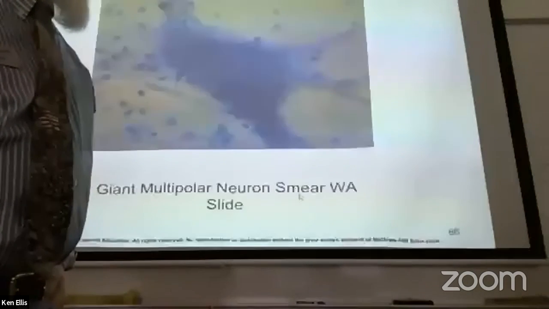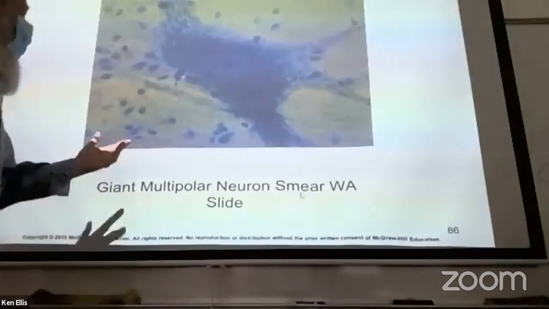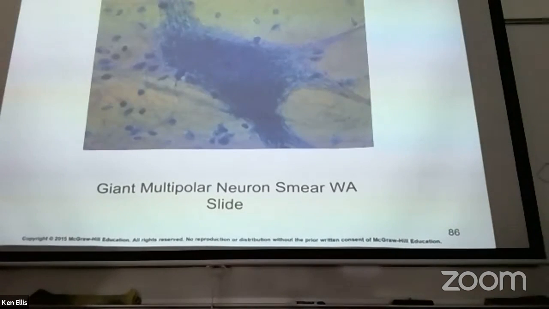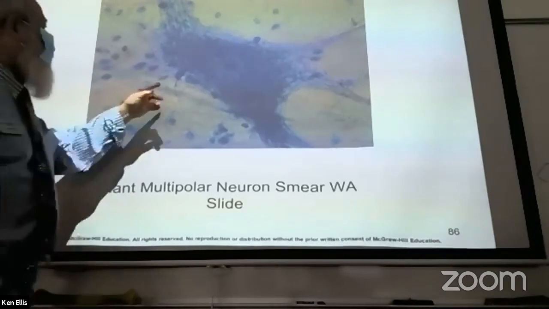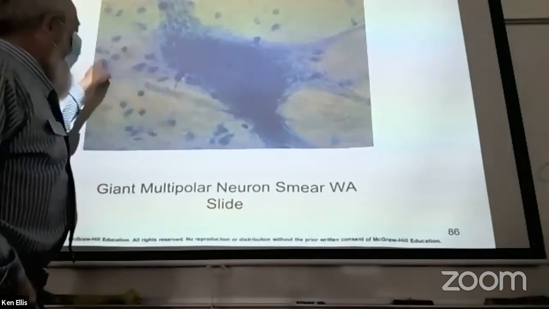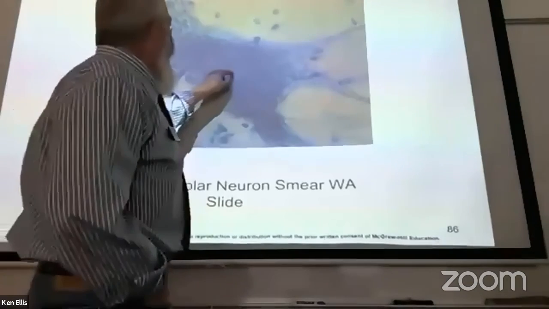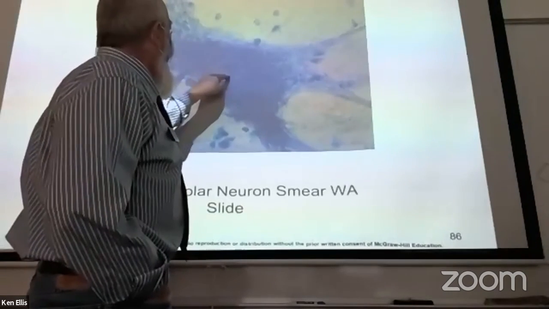Here's a picture of one of ours right here. A little less distinct, but there's some in this new section. I bought some slides last year. Apparently, some really great shots of some. These are the neuroglial cells that are here. You can see that there's a nucleus, and you can even tell if you look carefully, you can see